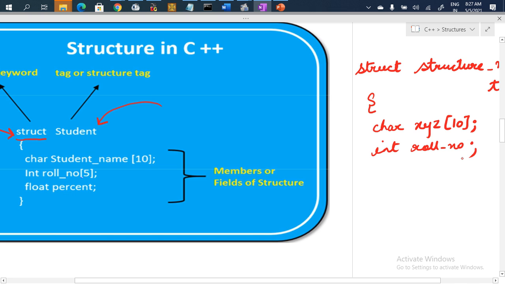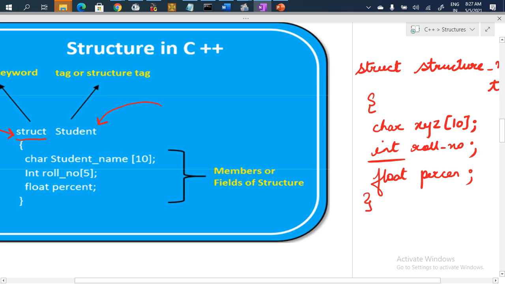A roll number can be a simple integer, and if you want a long integer you can simply use long int. And then we can have a float percentage. So percentage can be in the form of a floating point number, so it can be taken like this.